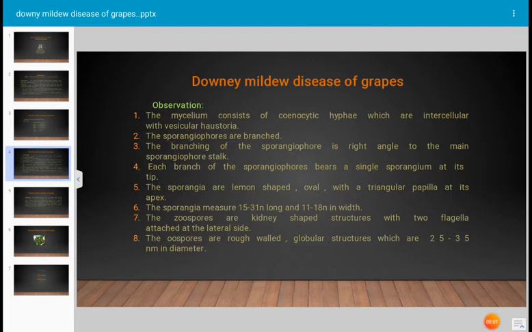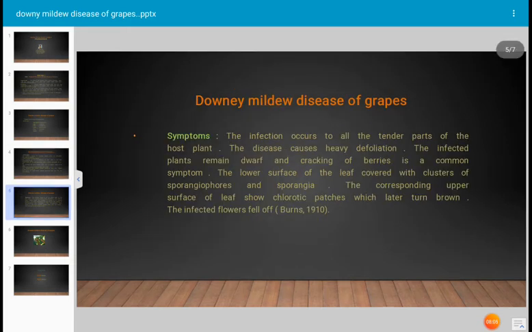All these characteristics you have to write. Next, whether you have observed the infected plant material in the museum specimen, or you brought the infected plant for practical purposes in the laboratory, then you have to write the symptoms of that material. The downy mildew symptoms you have to write. First you have to observe keenly, then write the symptoms. What type of symptoms occur on the grape plant due to the Plasmopara viticola pathogen.